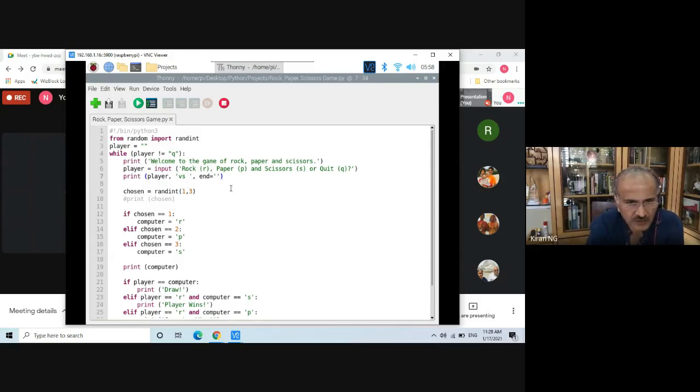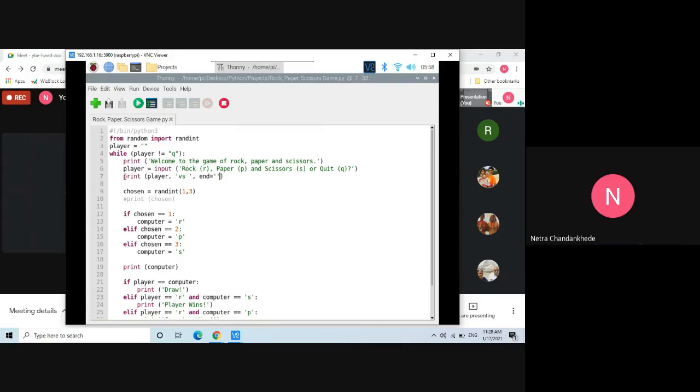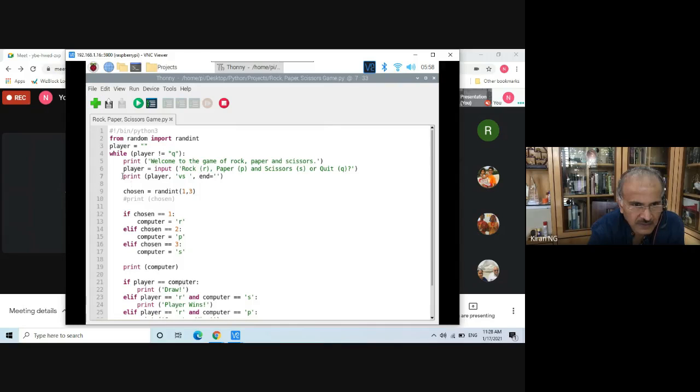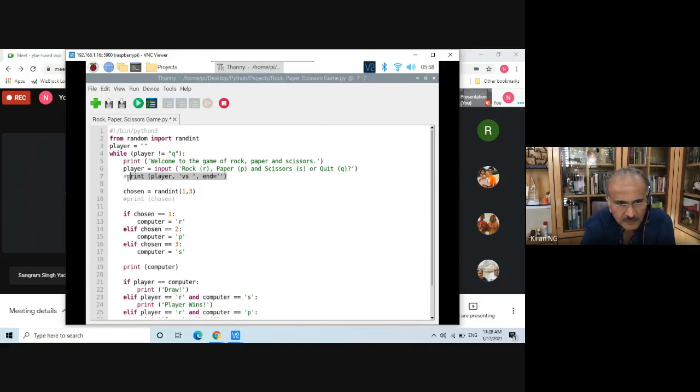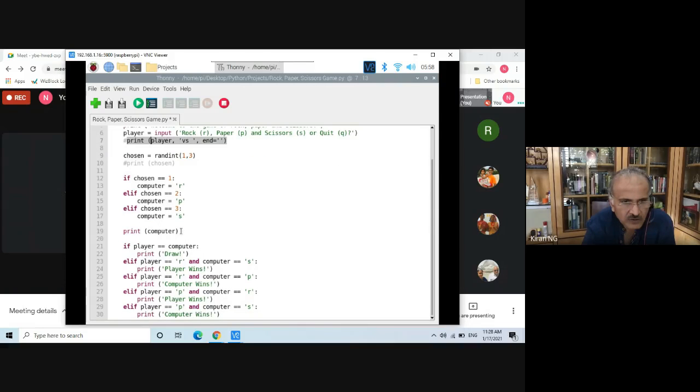So can you try? You can comment this for now, Netra. Comment this line, the complete line. We don't need print here. Now take the complete print. We will replace it. Copy that line, come to the bottom, here itself, wherever you are printing, print computer.